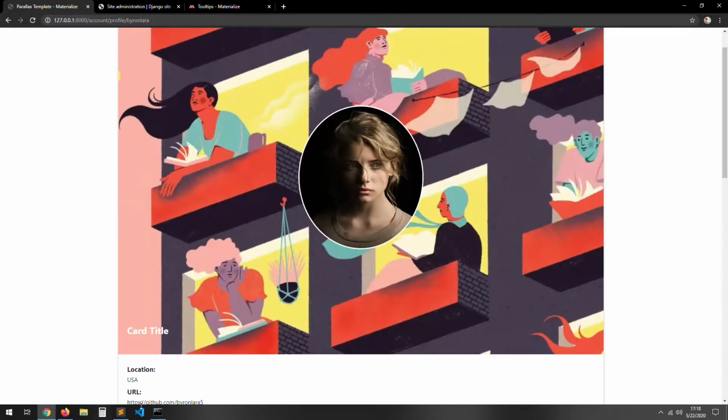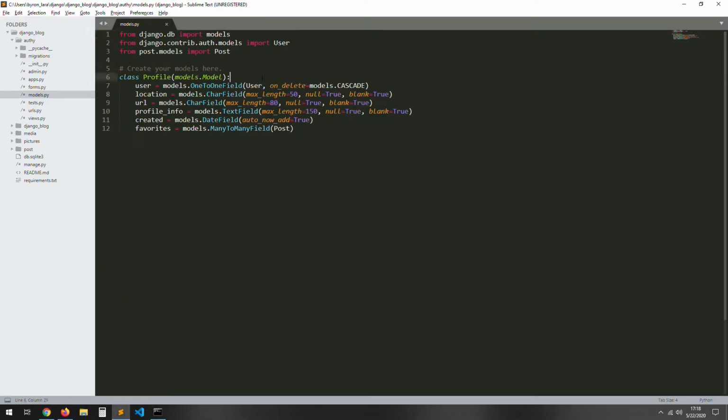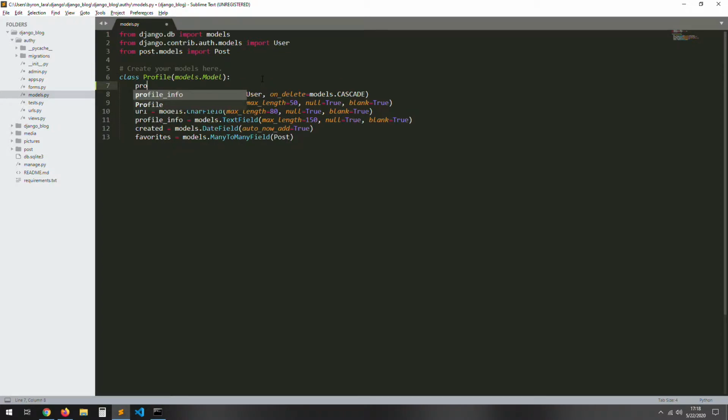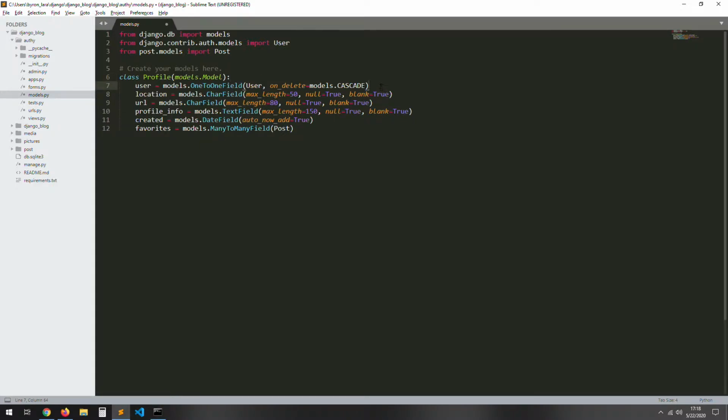The first thing we need to do is modify our models to add the profile picture. You can put it here after the user or at the end. Let's just put it here, I guess. Picture,